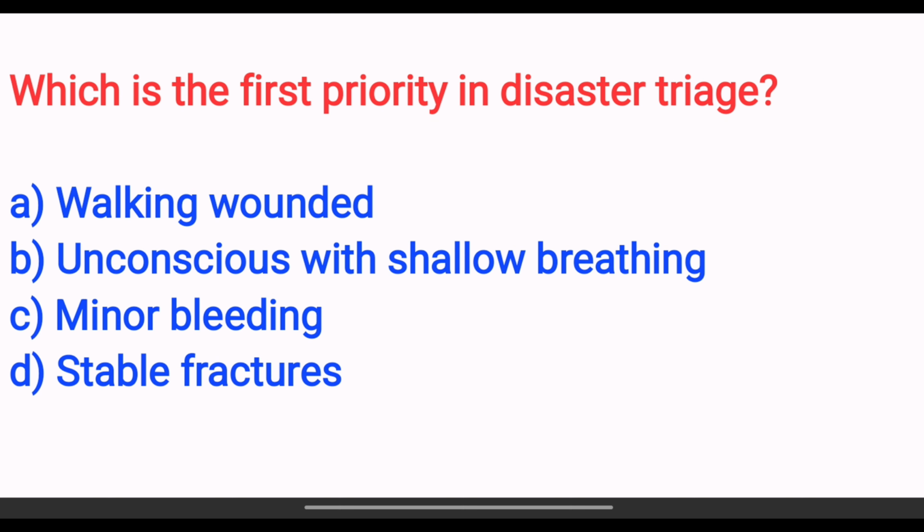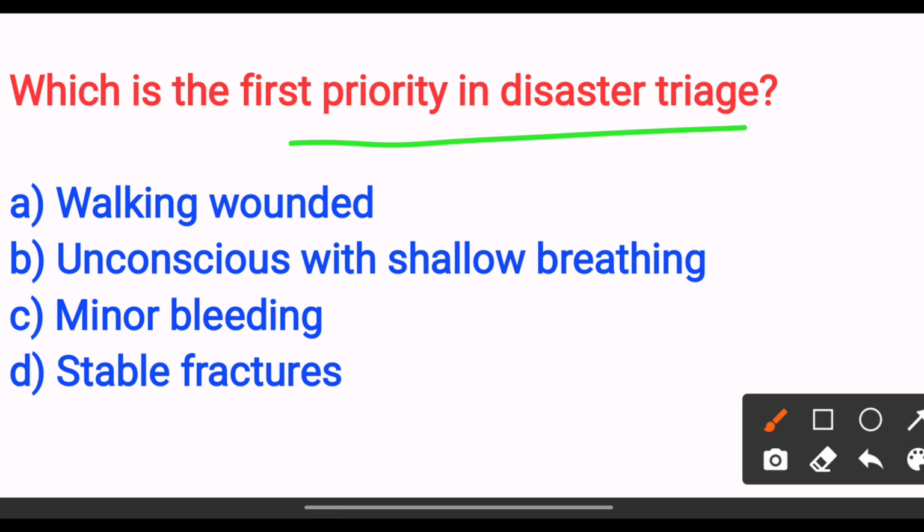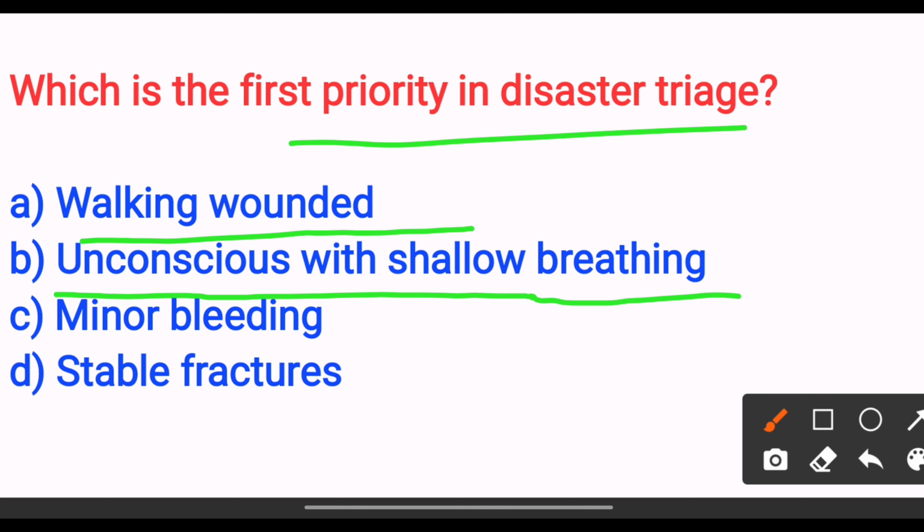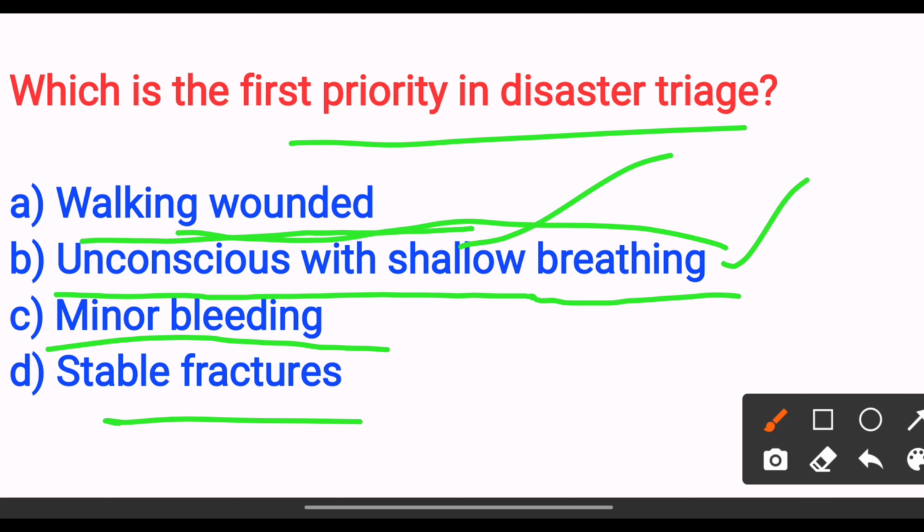Which is the first priority in disaster triage? Option A walking wounded. Option B unconscious with shallow breathing. Option C minor bleeding. Option D stable fracture. We have to give the priority for the unconscious with the shallow breathing patients. So the answer will be option B. Next,